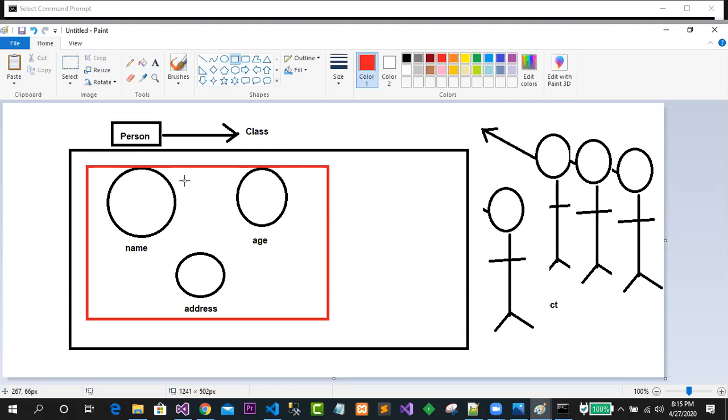But one may ask a question, sir, you know, there is one dog. Let's say this is a dog. Clear? So don't be confused. Is it possible to fit it into this person class?